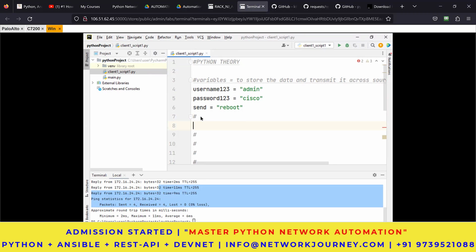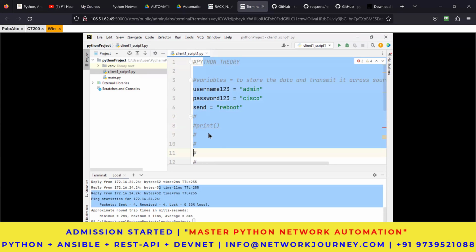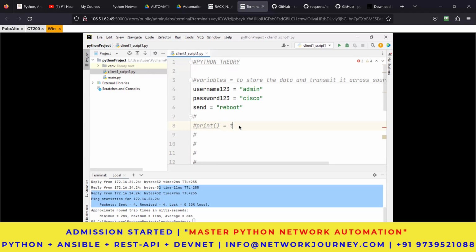Okay, now coming to print, since we were already discussing the print function. In Python, print is nothing but to read something for the user. If you don't have print in your script, it will not be a problem. But if you have print in your script, you will see the output being fetched for every single CLI command, or you can make your script more interactive. Okay, so print is to read